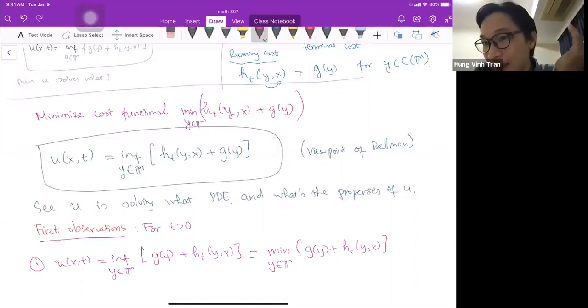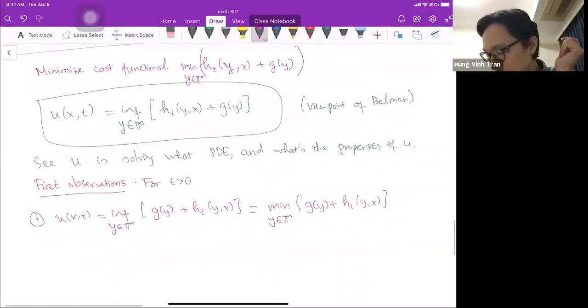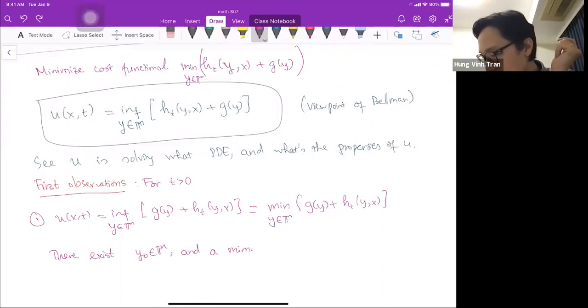That's the minimum. Moreover, we can say that there exists a point y naught in the torus and a minimizer gamma mapping from 0 to t to the torus, with gamma(0) equals y naught, gamma(t) equals x, such that